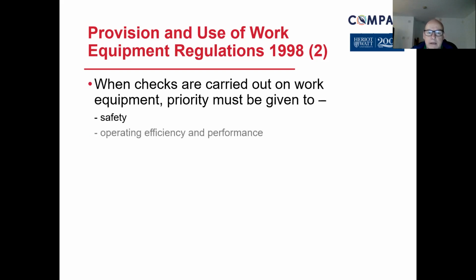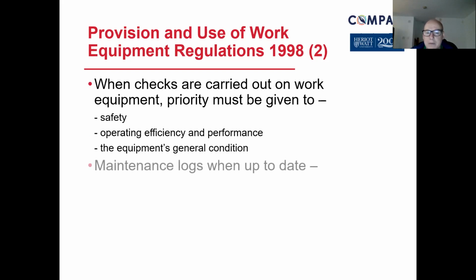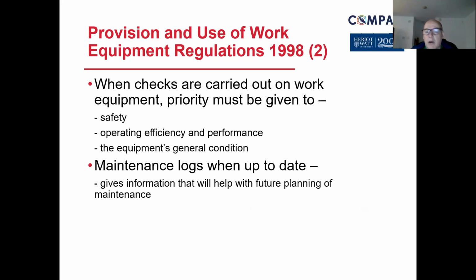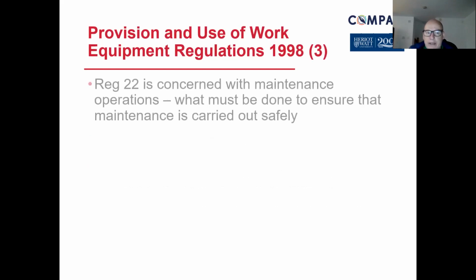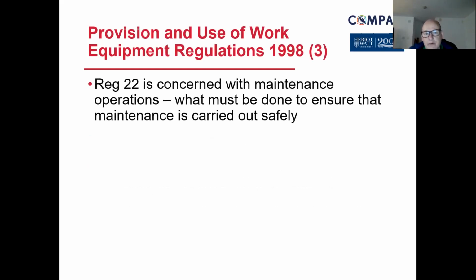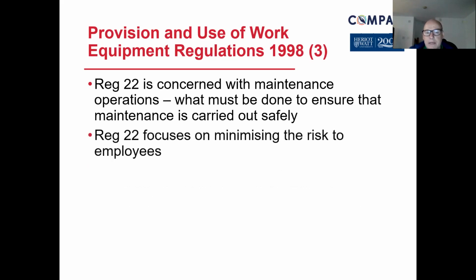So we consider a variety of different types of work equipment and the various states and situations they may be used. So checks are carried out before use, during use, and after use. And do they remain safe throughout? Have we considered the efficiency and performance of those pieces of equipment? And generally are they in good condition. Further, it states that we have to keep a record of the work that's being done to show that maintenance is taking place on a regular basis. It then goes on even further in Regulation 22, explaining what must be done